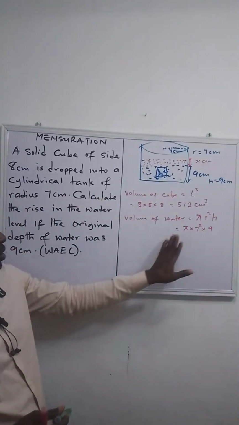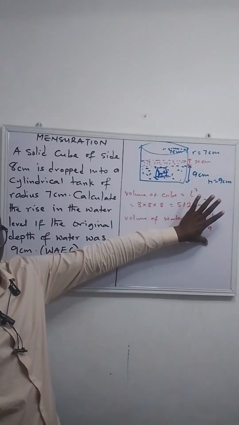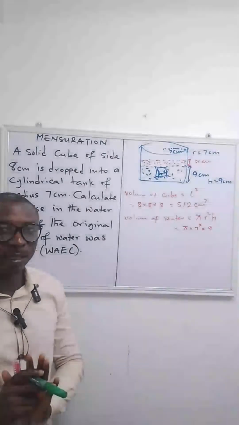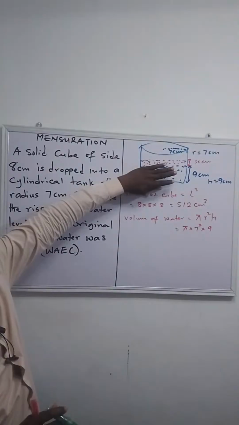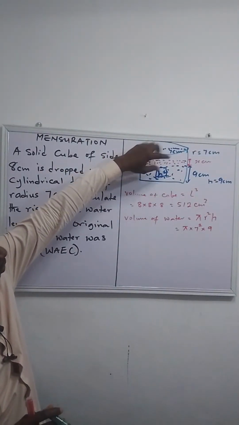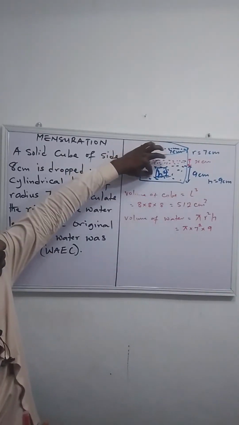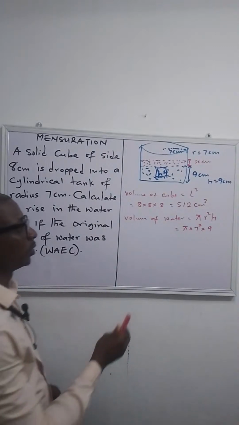Okay, so this is the volume of the water inside. I hope you understand that now. All right, so the next thing I want to get now is the new volume. When this cube is dropped inside, the new volume is going to be the volume of the water plus the volume of the cube. So that means the new volume,